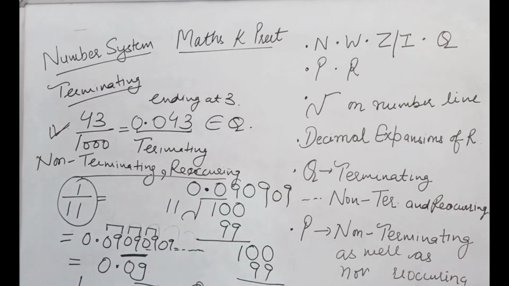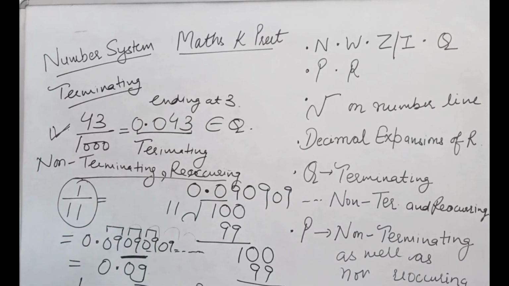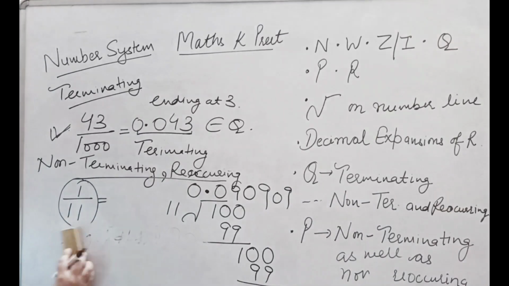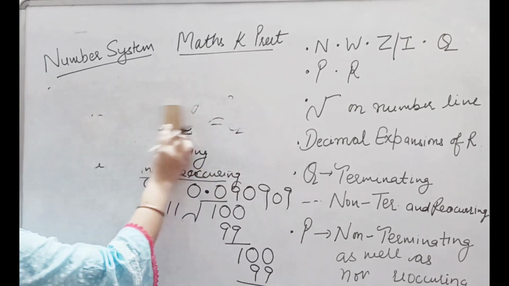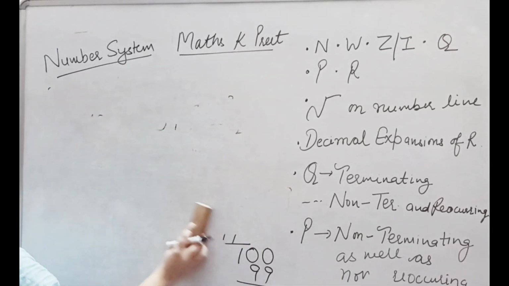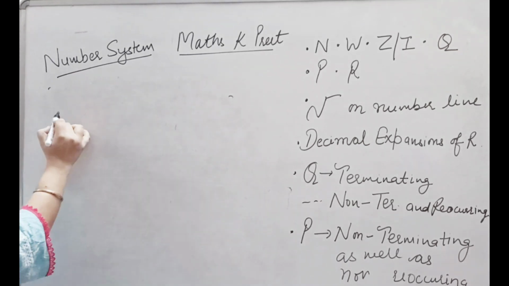If the expression is like this, then these numbers are clearly rational numbers. So this was the decimal expression for rational numbers, and the decimal expression for irrational numbers says